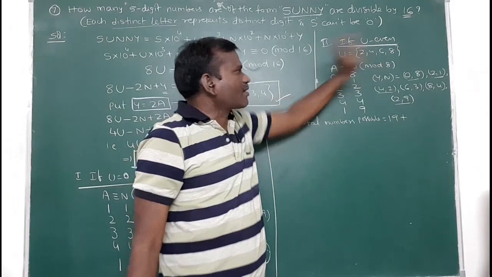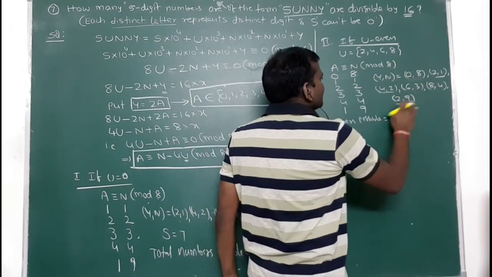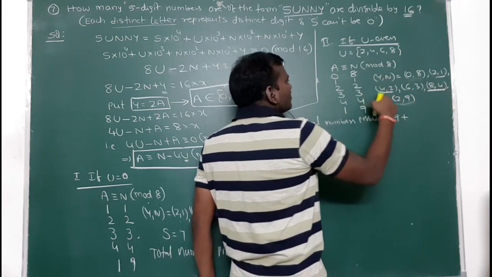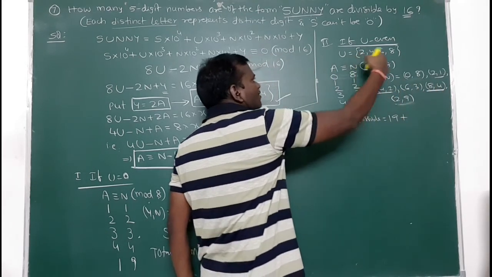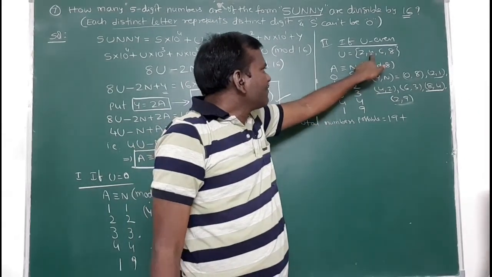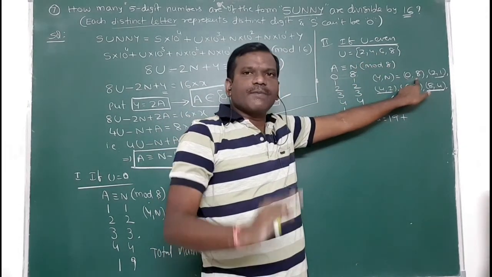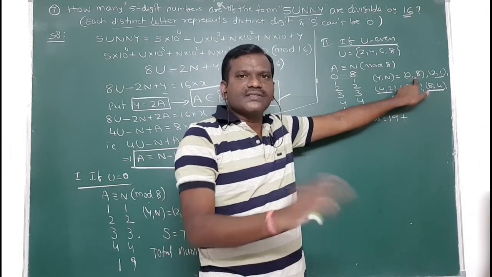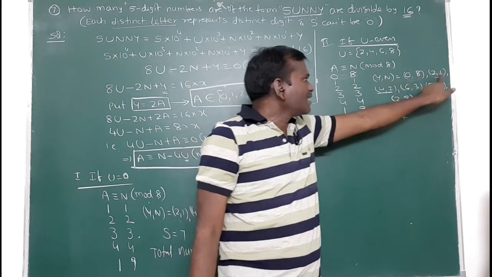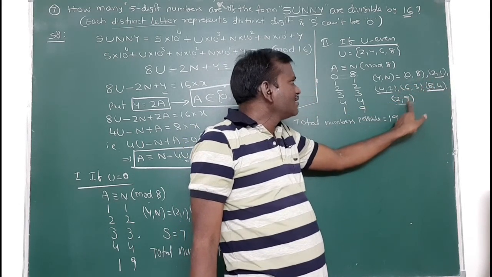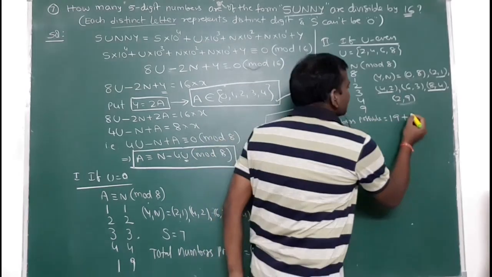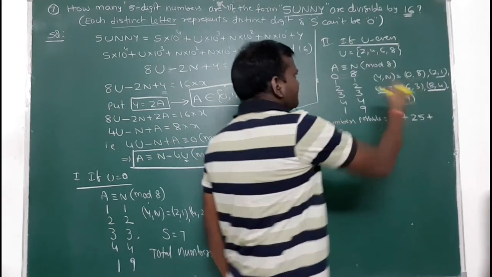If u is equal to 4, then these two are not possible here. Why? Because 4 has come: if y value is 4, then n value is 4. So u value 4 means these two are not useful here. If u is equal to 4 and this one is taken, 7 possibilities, because 0 is already used, so any one of the remaining 7 digits s can take. So 7 values, and 6 values, 6 values and 6 values. So 6 plus 6 plus 6 is 18, 18 plus 7, 25 possibilities if u is equal to 4.